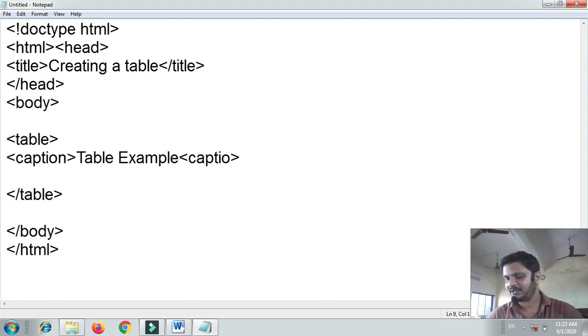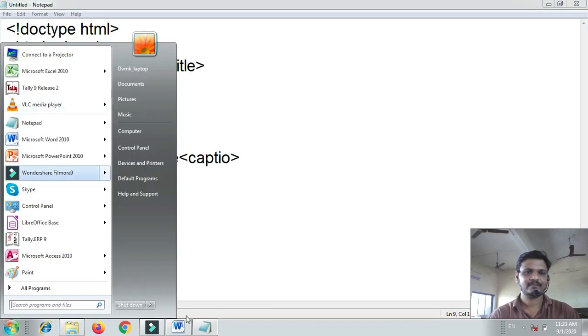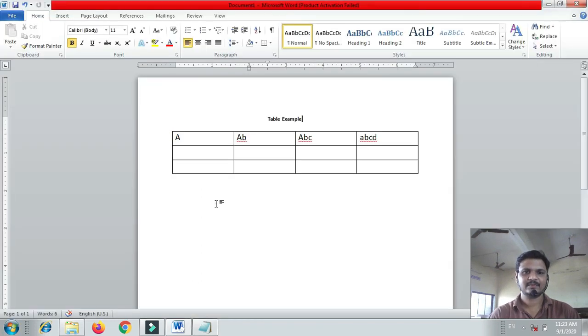Then the next tag name is tr. What is the purpose of tr? I will show you one by one. First tag name is the table tag, to create a table. Let me add proper numbering.